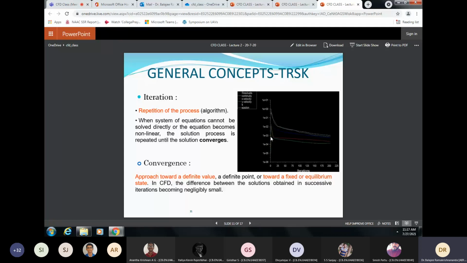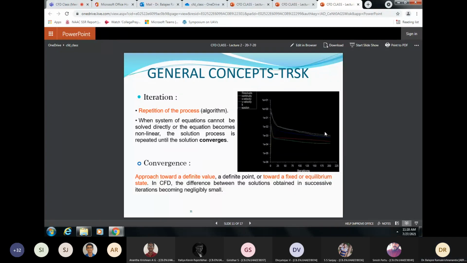You see that the green line, which is epsilon, some value, has dropped from 1 to around 10 power minus 4, around 10,000th of the initial value. The same way red also. But the other three have not dropped so dramatically. If my condition is that all five should be less than 1,000th of the initial value, that happens at around 200 iterations here. This is called the convergence history, how the error behaves with the number of iterations.